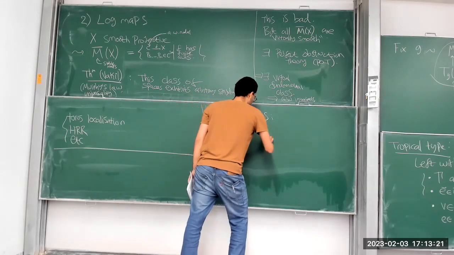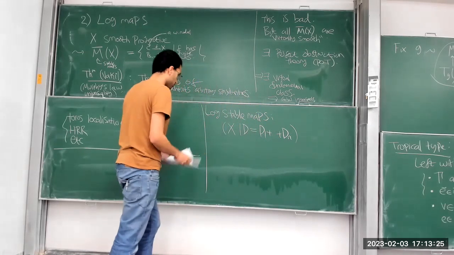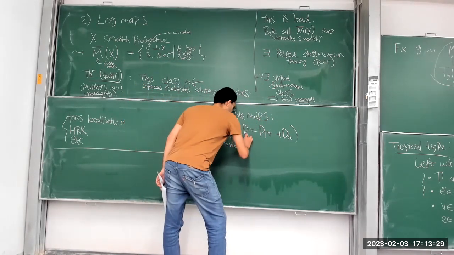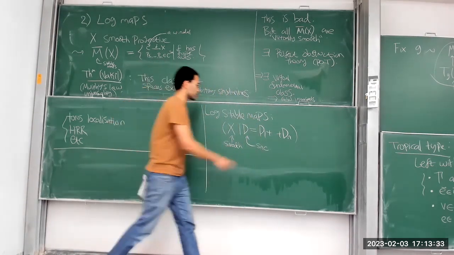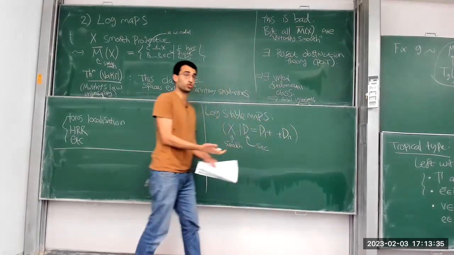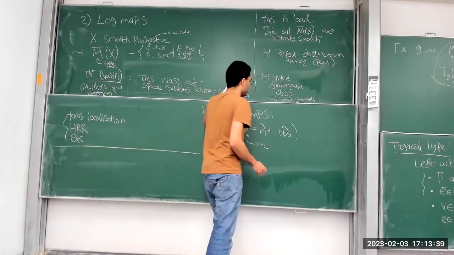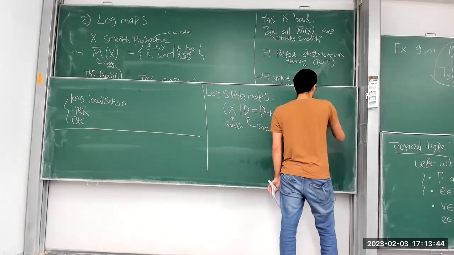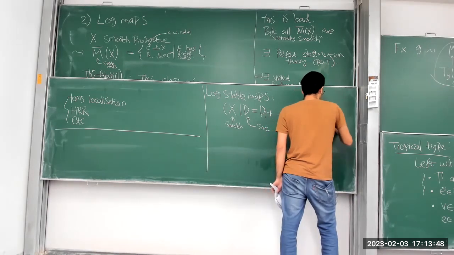So I have X and then I have a D. X is still going to be smooth, but D is a simple normal crossings divisor. What that means is that its components are smooth and they're intersecting transversely. This pair, an SNC pair, is the prototypical case of a toroidal embedding,